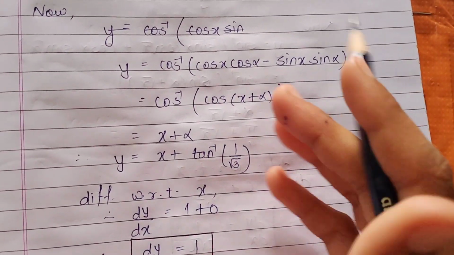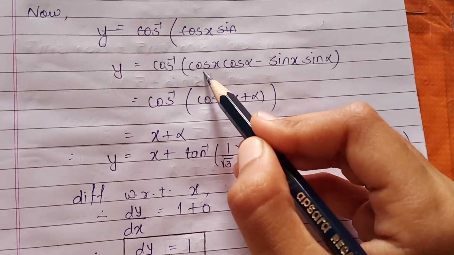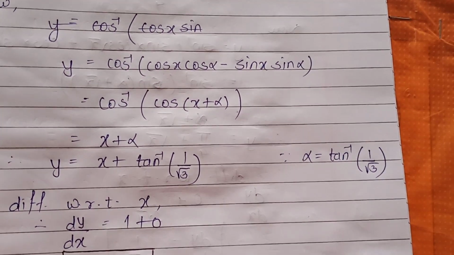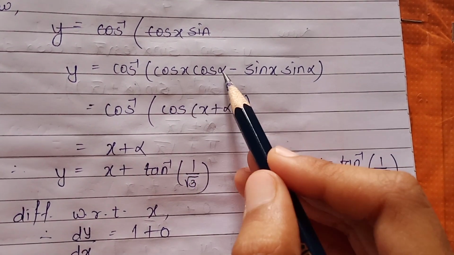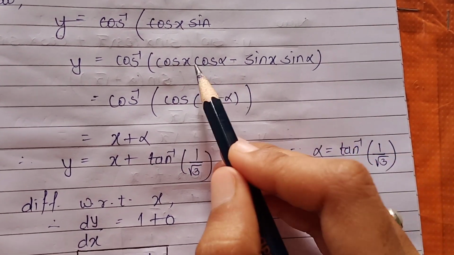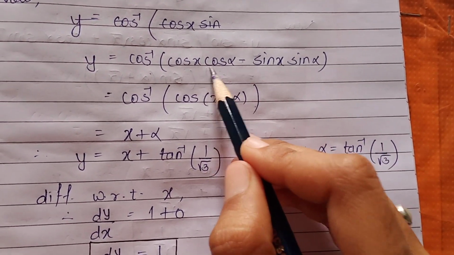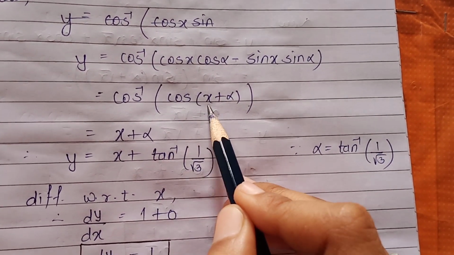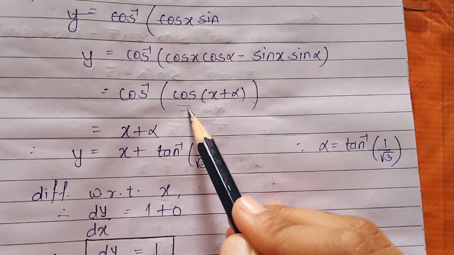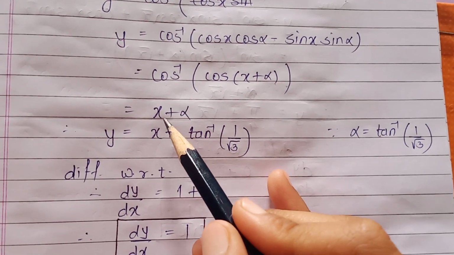Now put those cos alpha and sin alpha in our y. So y will be cos inverse of cos x instead of that root 3 by 2, cos alpha, and minus sin x sin alpha. As it is minus, in cos we know that it is opposite. So this combination containing minus means it is the formula of cos of x plus alpha. X and alpha are there, right? So it is the combination of cos of x plus alpha. Write that in a bracket. The next step will be cos inverse of cos of x plus alpha. Now after cos inverse and cos cancel, we'll get y as x plus alpha.